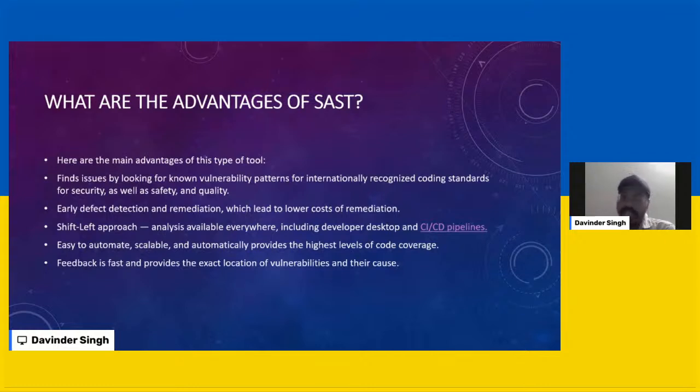Okay, so it is easier to automate, scalable, and automatically provides the highest level of code coverage. When the code is covered to the highest extent, even the deployment team will have a lot of confidence that they will be able to achieve what they are looking for. They will be confident that the application, when it goes to production, will not have any security related flaws, at least. Okay, and we already said the feedback is fast and provides the exact location of the vulnerability,